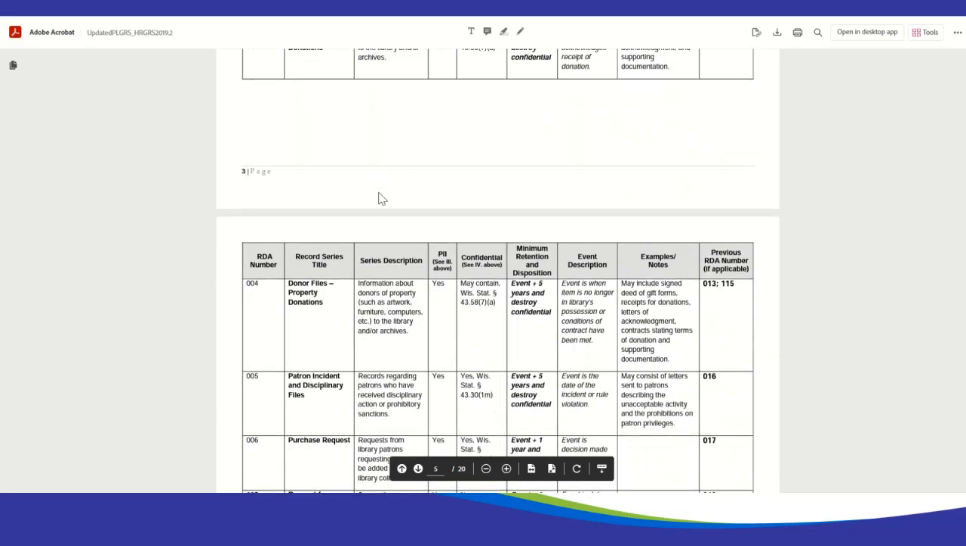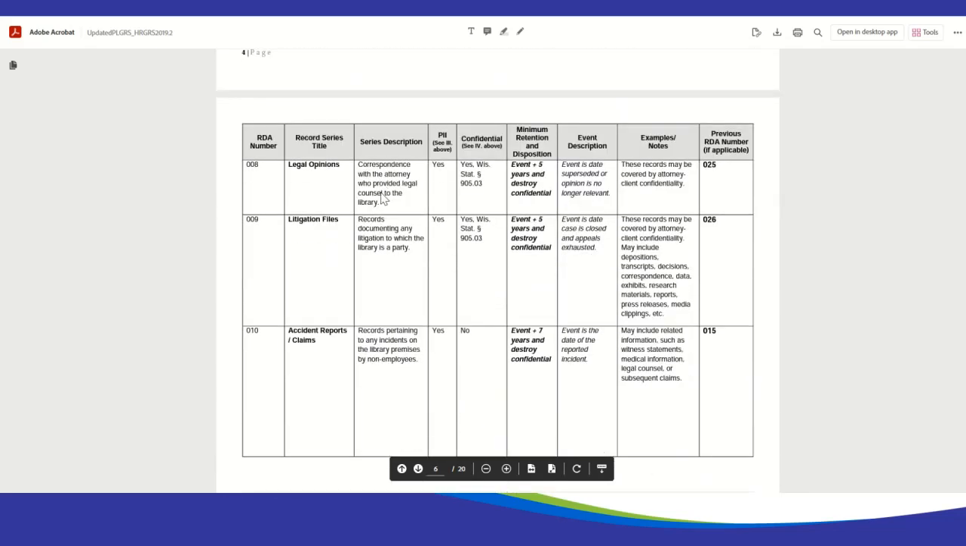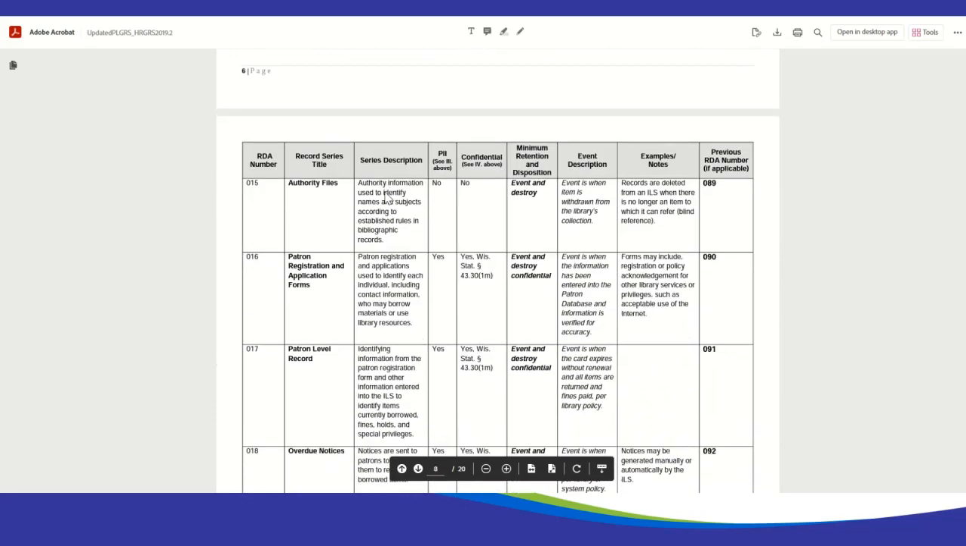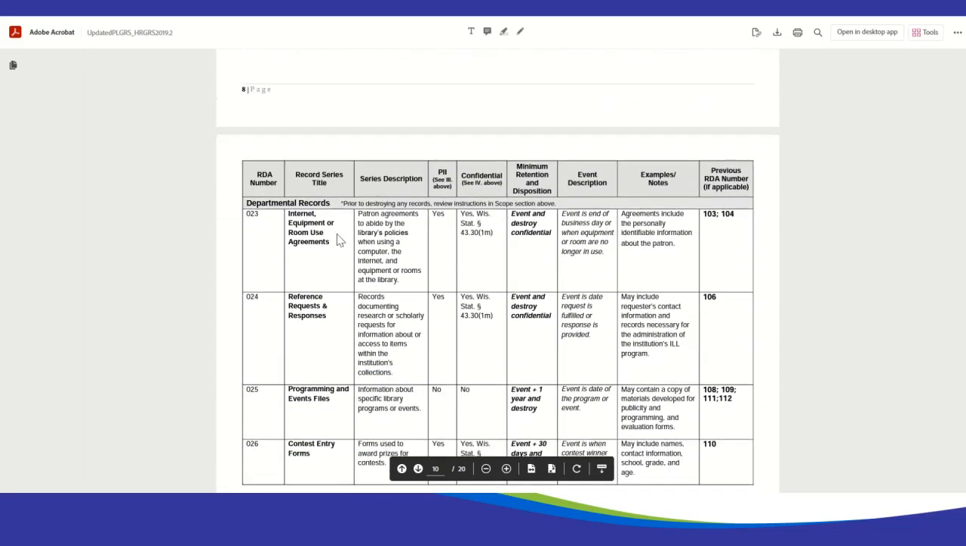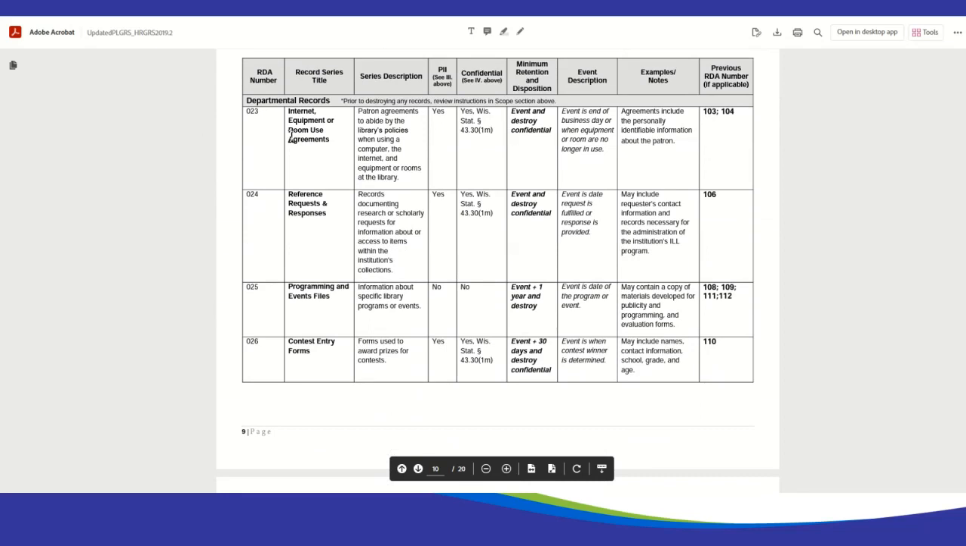So we'll look through this and see if we can find meeting room use agreements. And looks like we're getting close. And here we are. RDA number 023 says Internet Equipment or Room Use Agreements. So the series description helps fill that in a little bit by saying that the patron agreements abide by the library's policies when using computer, internet, or equipment or rooms at the library. So that fits what we're looking for, meeting room agreements. It does contain PII,